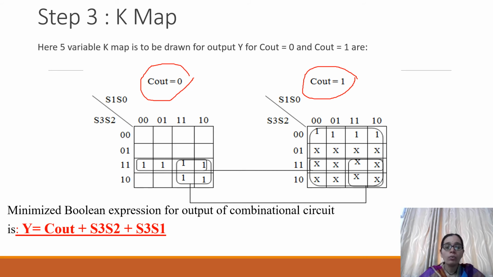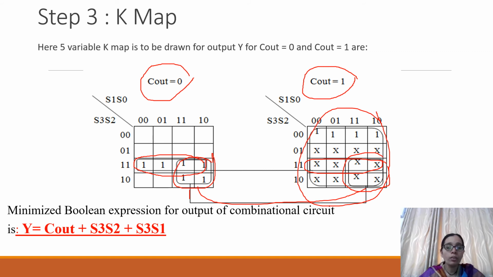Okay, so 16 cells will be filled here, and the remaining 16 cells will be here. And now the groupings will be checked. We can observe here that this all can be grouped in one group. This will be overlapped with this one that I have shown with this line, and these four ones will overlap with this don't care and this entire group. So three groups are there.